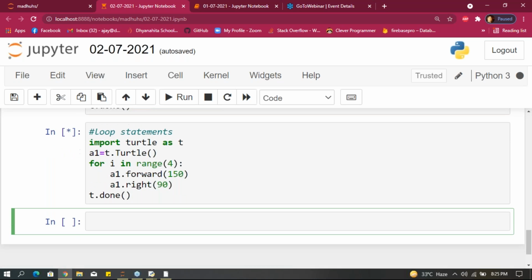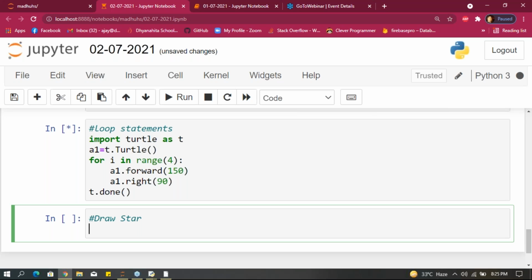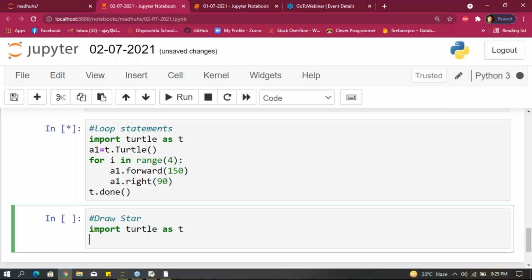Next we'll discuss how to draw a star. Same, import turtle as t. a1 equals t dot Turtle.